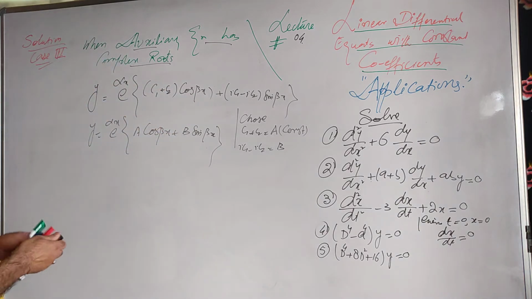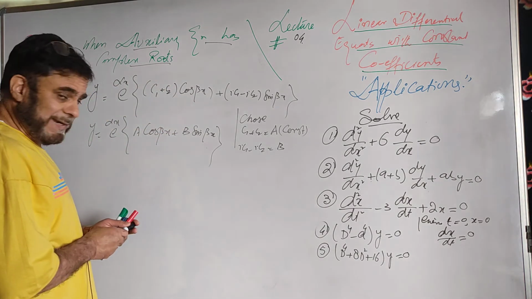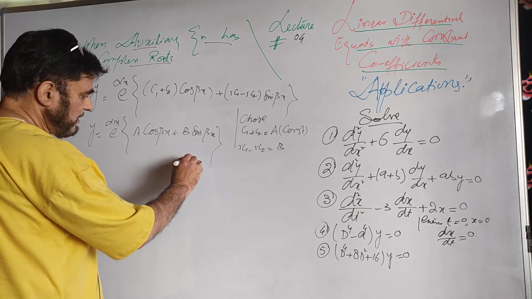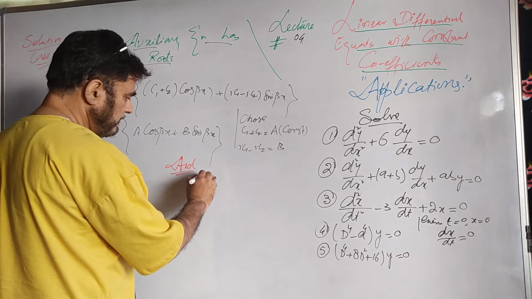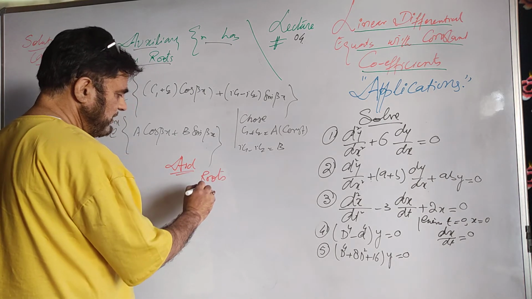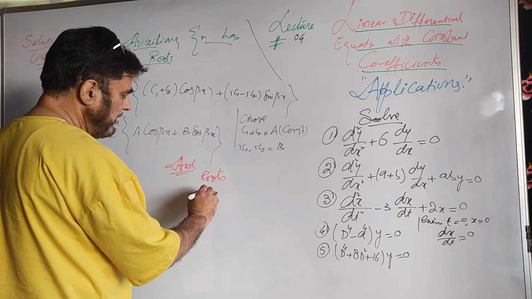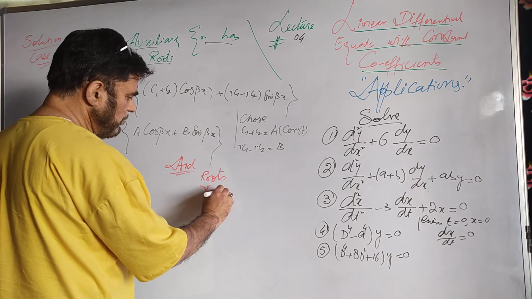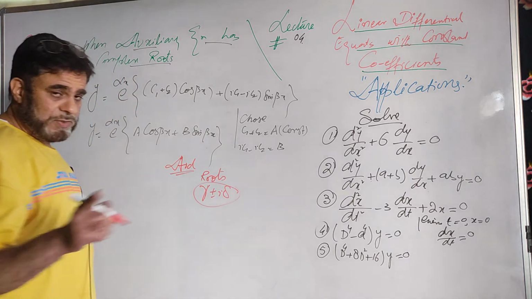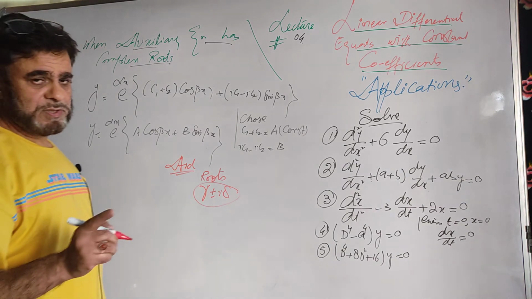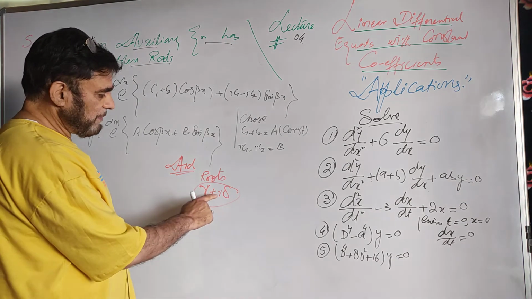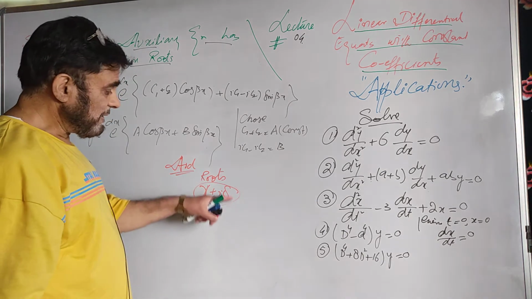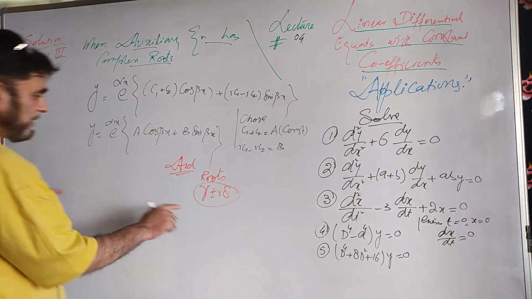Well, how do you remember this? This is the aid I want to share with you. If you have the roots, say alpha plus minus iota beta, or say gamma plus minus iota delta. I have already told you complex roots occur in conjugate pairs. If one is alpha plus iota delta, then you will get the second, gamma minus iota delta. You see how we remember this.